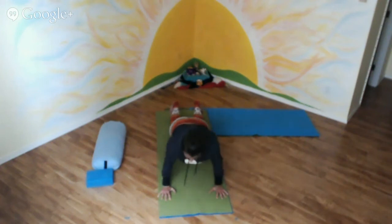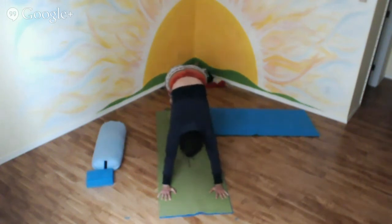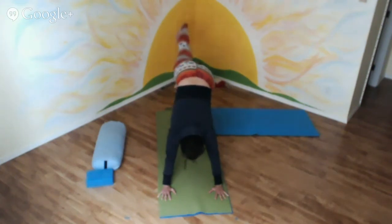Pressing yourself back all the way up and into downward facing dog. And lift the sit bones up towards the sky and ground down through the heels. And then we'll bring our feet together to touch and inhale, raise the right leg up towards the sky, keeping